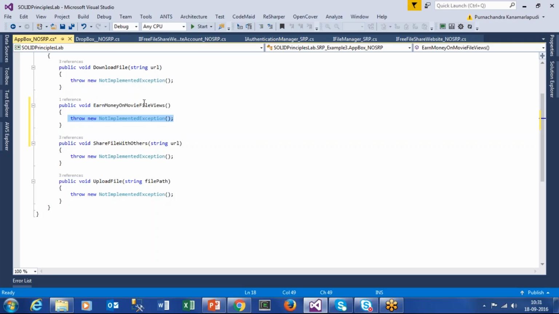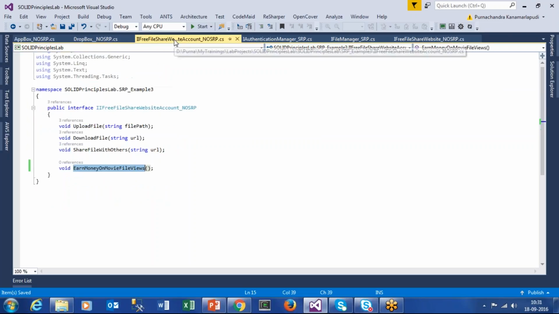In the same way, my AppBox and Dropbox accounts do not give me any money on movie video views. Then why should I implement it? This is a wrong implementation. So for that, you need to avoid that. You need to make it single responsible. So how can I do that? Instead of writing this method,